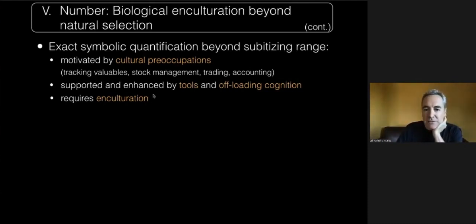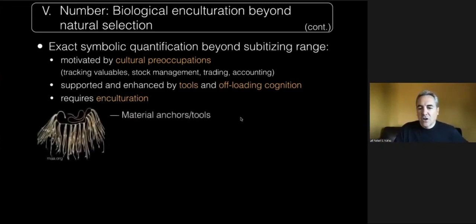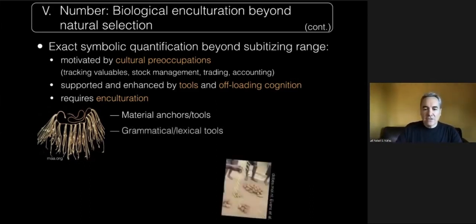And they're supported and enhanced by material engagements, tools, and offloading cognition, which I would imagine you heard some of in the previous talk. And they require enculturation. You're not just born ready to use all these tools. You need to be enculturated into how you use them. So some of them involve material anchors, like, for example, the quipu here in the Inca practices, which, as we know so far, did not have writing, but relied largely on material anchors and material tools